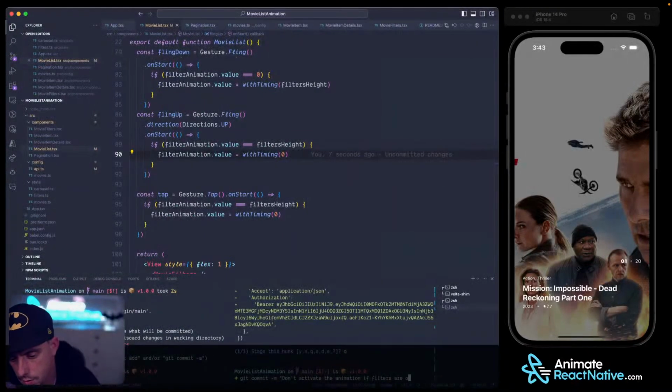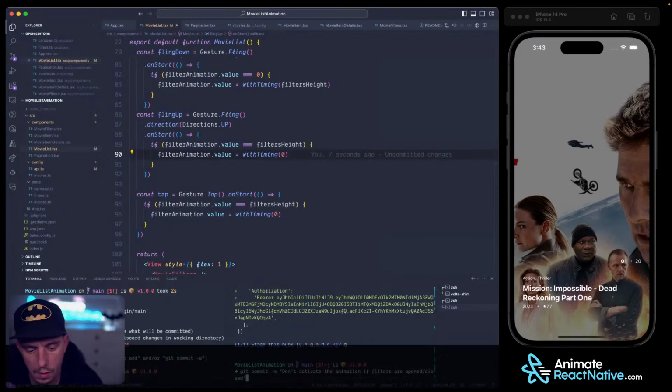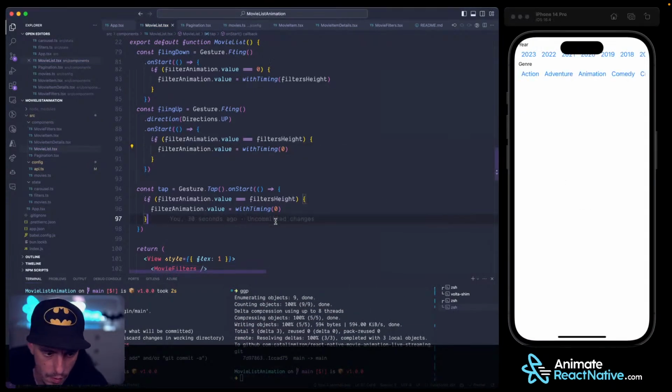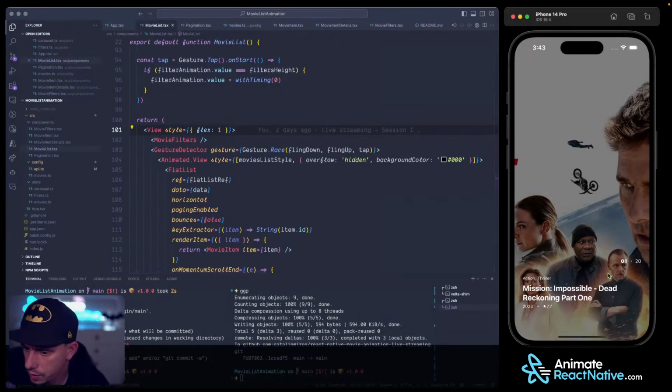Don't activate the animation. Okay, cool. And I believe I'm running out of time, so I'm not going to integrate any loading indicator, but